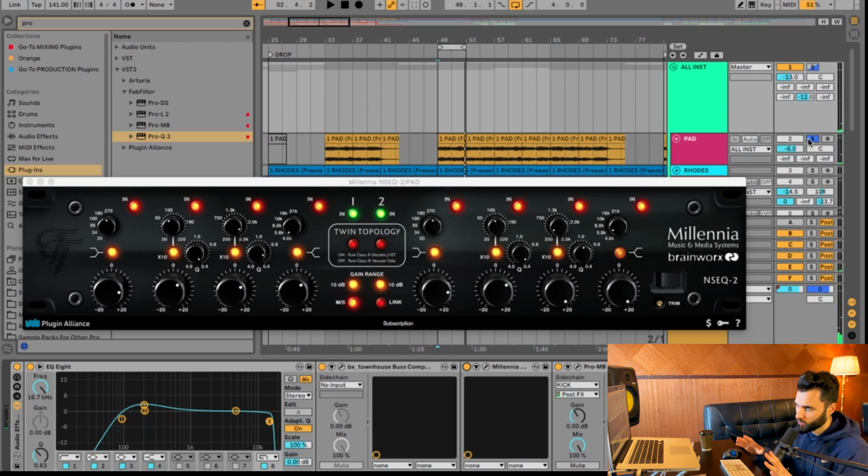Pretty subtle, but it just feels a little bit more wide, a little bit warmer, and that's what I like about this EQ is it's very warm sounding, and again, it's not super aggressive. It's something that you can push and ultimately get a really cool result out of. Let's hear this in context one time. Here we go. I'm going to take it out and put it in.